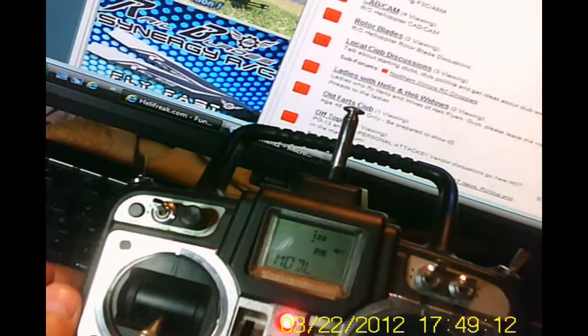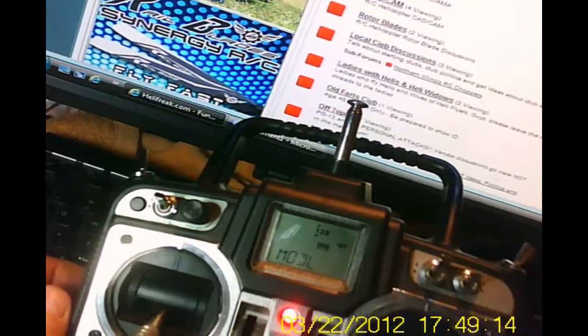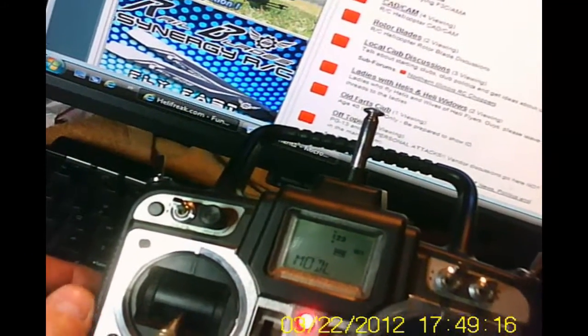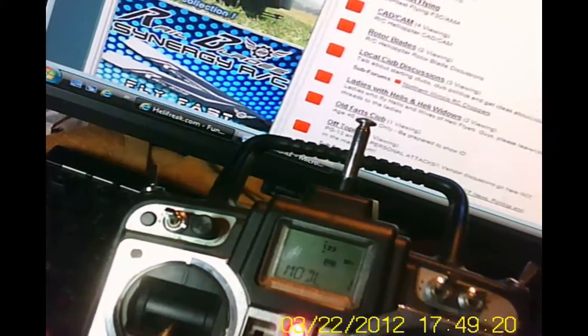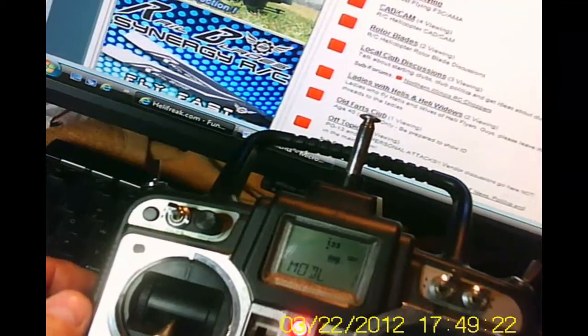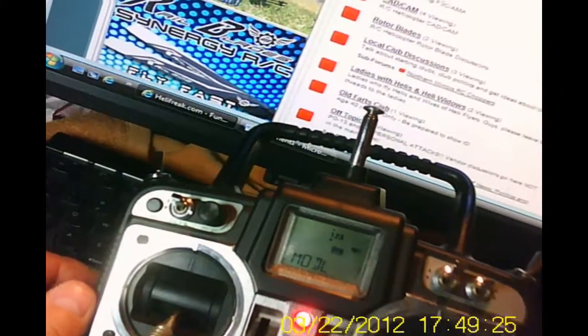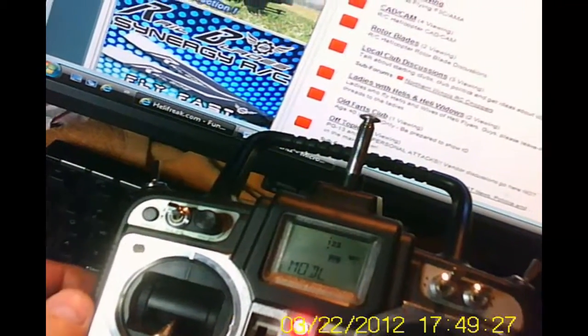So I need help with a Raptor 30. The Raptor 30 isn't quite like my 450. It has a single servo for pitch. It doesn't have 3 cyclic. It's only got the 2 cyclic servos. But I just need help getting this thing off the ground. If anybody knows the Futaba